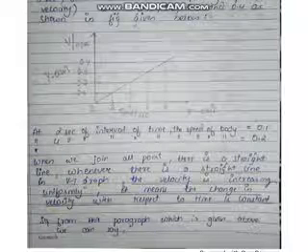Now at 2 seconds of interval of time, the speed of body is 0.1, and for 4 seconds of interval of time, the speed of body is 0.2. When we join all these points, we'll get a straight line, and when we see a straight line, it means the velocity is increasing uniformly.